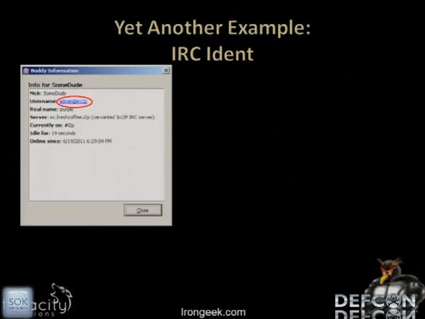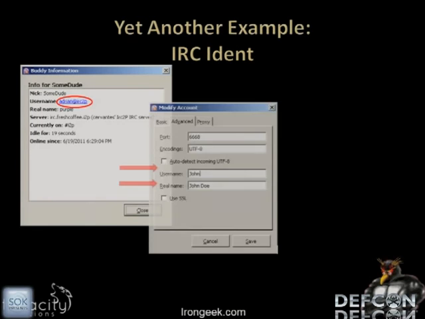Another example of an application flaw I'd like to mention is IRC. For a while there, I was trying to keep a different identity inside the I2P network, and I kind of botched it. I was using Pidgin as my IRC client, and by default, if you don't configure its ident information, whenever someone does a whois on your nick in IRC, they can find out what username you log into a machine as. Now in my case, if you Google I2P and Adrian, it comes pretty quick to figure out who I am, even though I was using a different handle while I was inside of IRC.